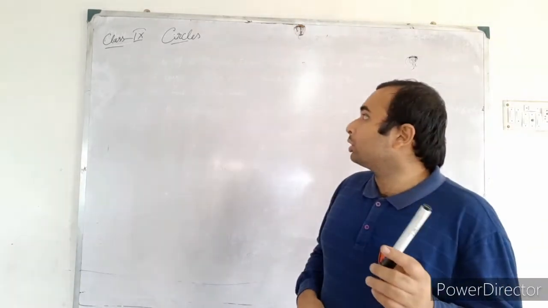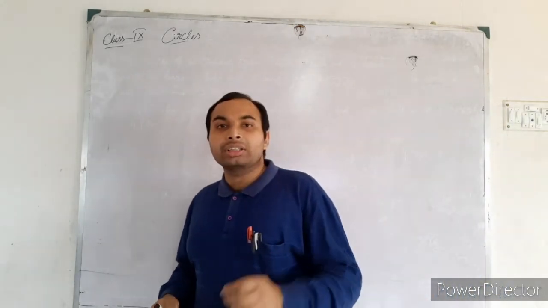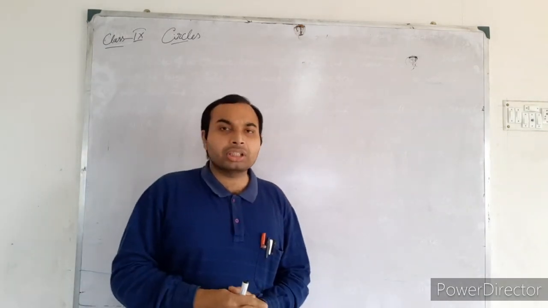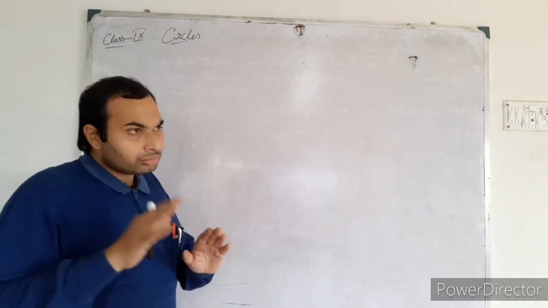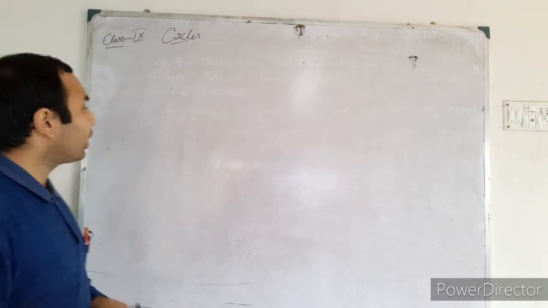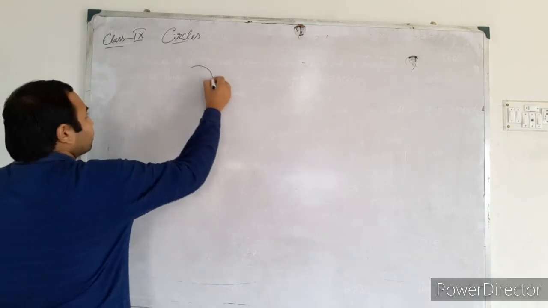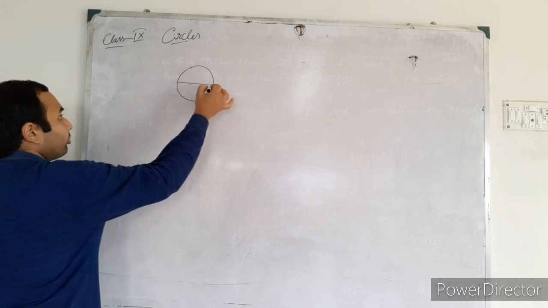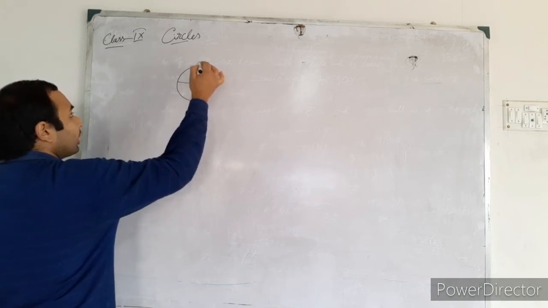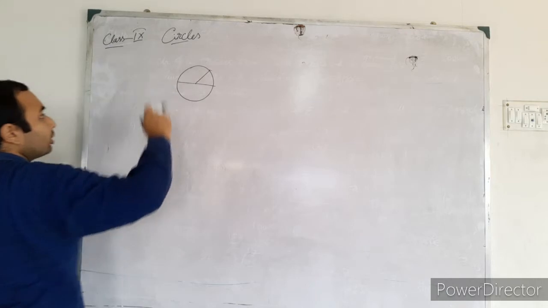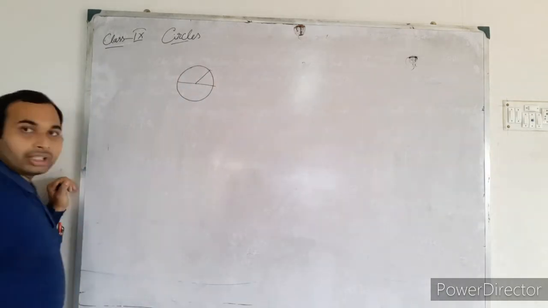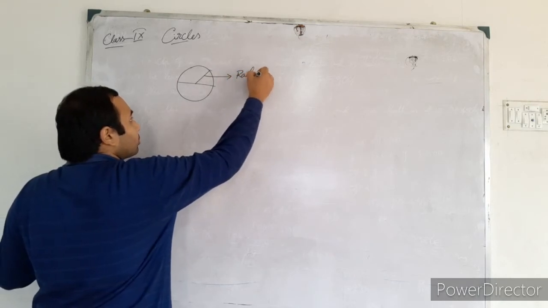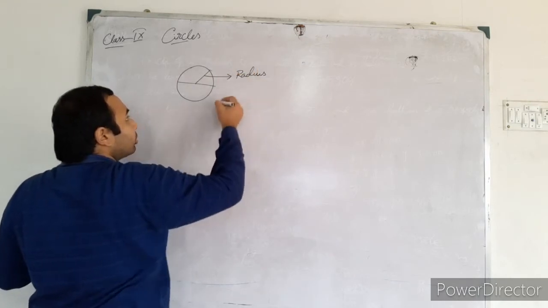Okay, so first of all, you know about circles, you know the terms and also the parts of the circles. For a short revision, I am saying the parts of the circle here. If this is the circle, this is the center, this is called the diameter, this is the radius, you know this is the circumference. I am writing, otherwise some students I think don't know those properly.